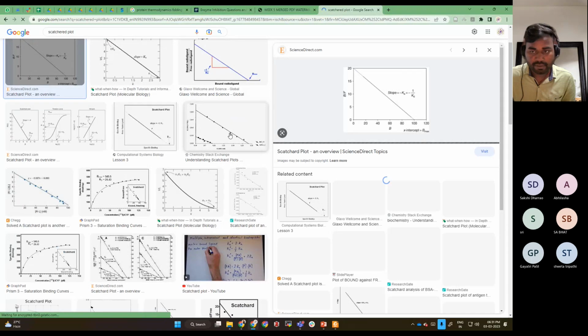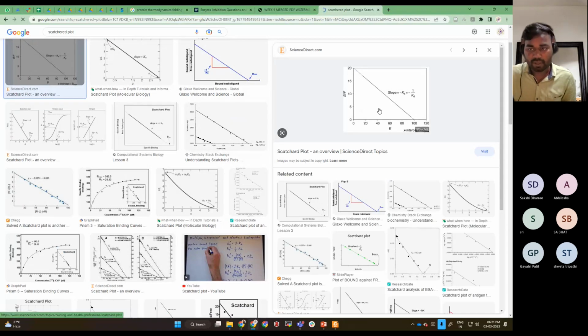See, this is the scattered plot. So in scattered plot, how it is assumed that